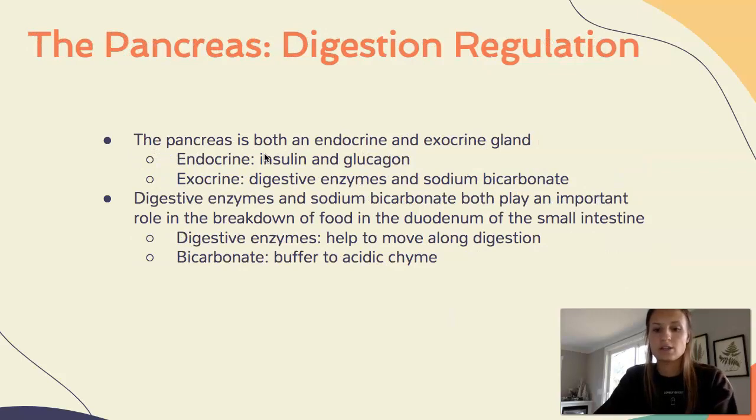So the pancreas is both an endocrine and exocrine organ. The endocrine secretions come from the islet cells, which secrete insulin and glucagon, and these are two hormones that are important in glucose regulation in the body. And the exocrine substances come from the pancreatic acini, and these include digestive enzymes and sodium bicarbonate. The digestive enzymes and the bicarbonate both play an important role in the chemical breakdown of food in the duodenum